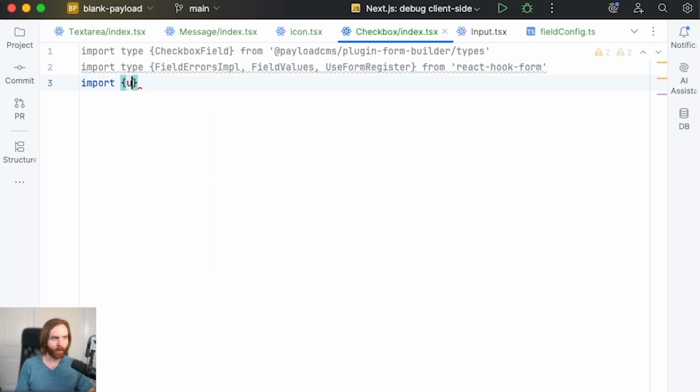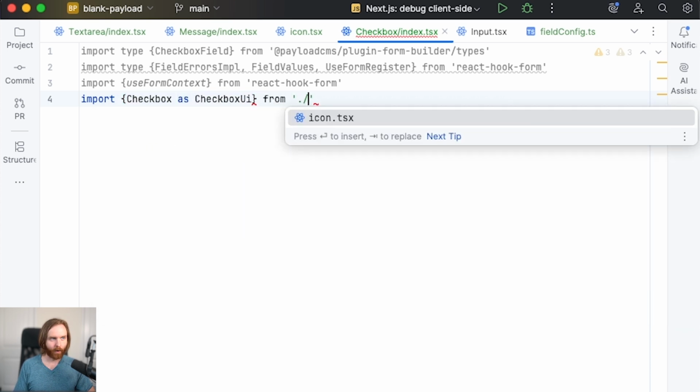We can also get our use form context from React Hook Form, the checkbox as checkbox UI from our icon,